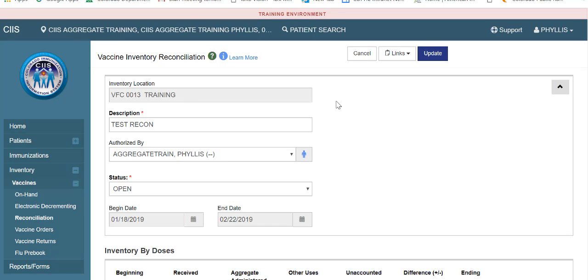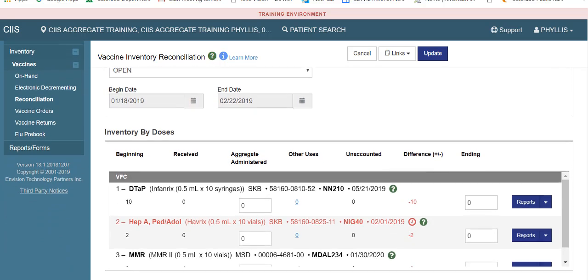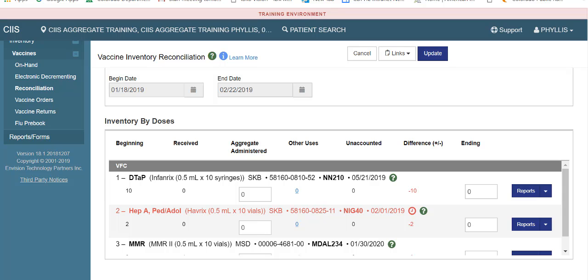Notice the reconciliation information, including your inventory location, your begin date and end date, will auto-populate at the top of the screen. Remember, you can click this arrow to minimize this section. From the reconciliation screen, you can report how you used your VFC vaccine doses between the begin date and end date of your reconciliation. It allows you to account for any doses that were wasted or expired and enter your